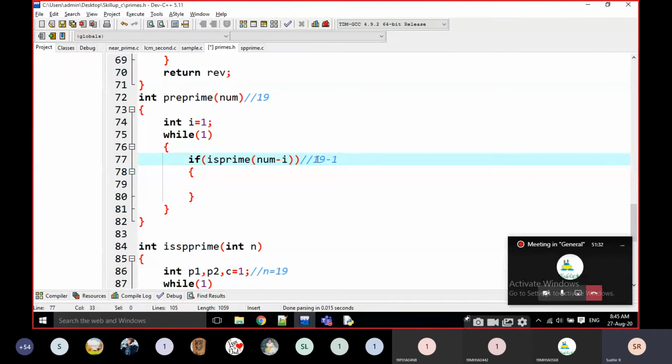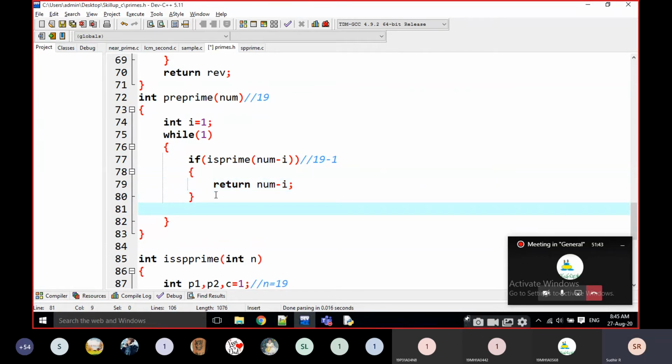I am going to find whether 18 is prime. If it is a prime, I return num minus i. Else, if it is not a prime, I increment the i value. Now i becomes 2.